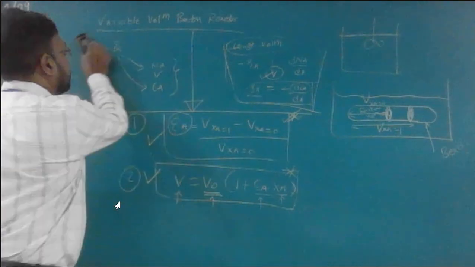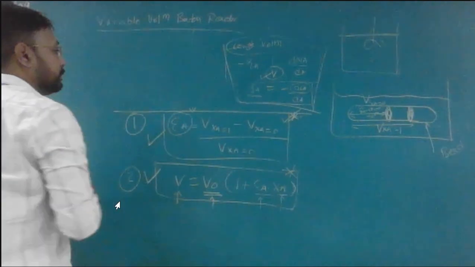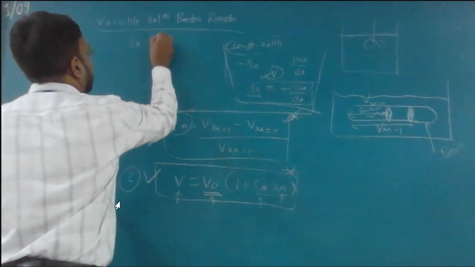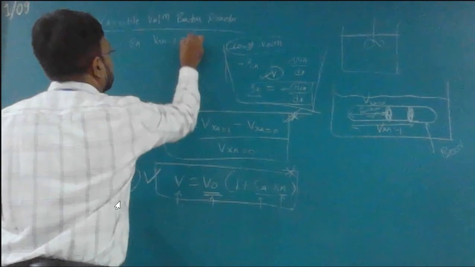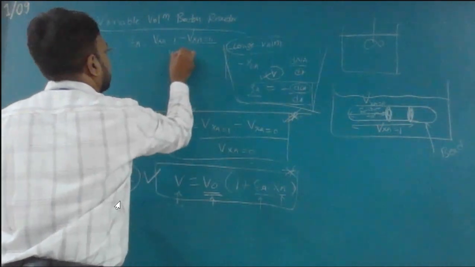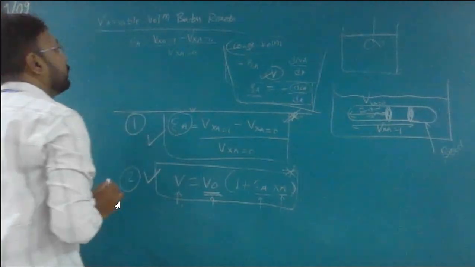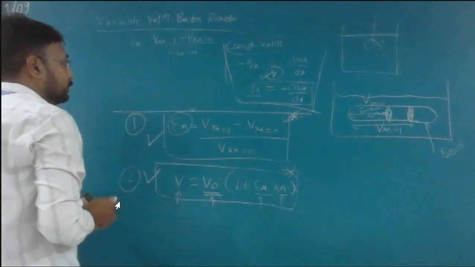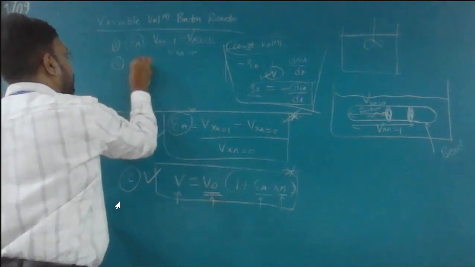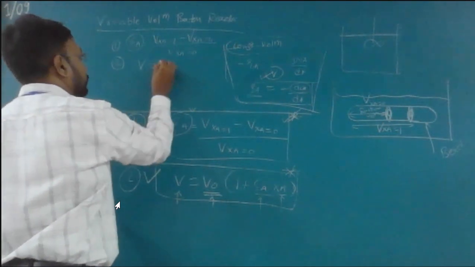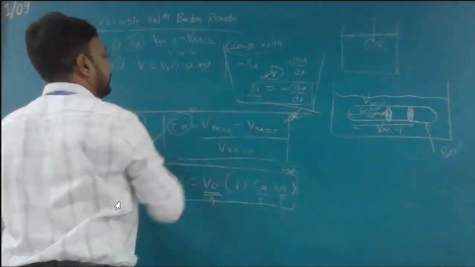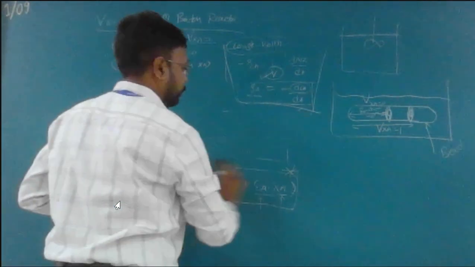Now if you consider, we have two expressions now. Epsilon A would be the volume at x is equal to 1 minus the volume at x is equal to 0, divided by the volume at x is equal to 0. Means it would be calculated as the fractional change in volume. So that fractional change in volume would be utilized for the calculation of final volume. That formula would be V is equal to V naught into 1 plus epsilon A into XA. So because of these two expressions,